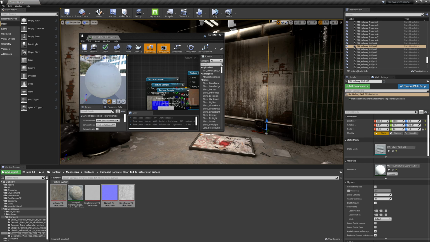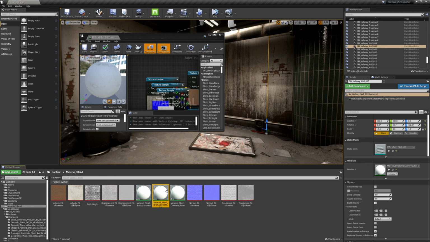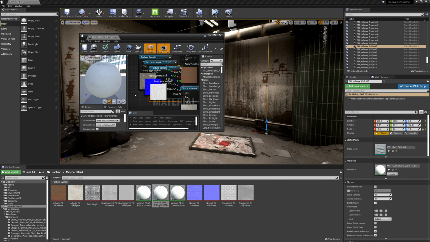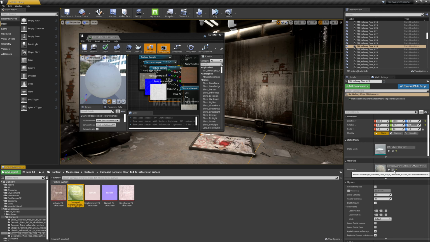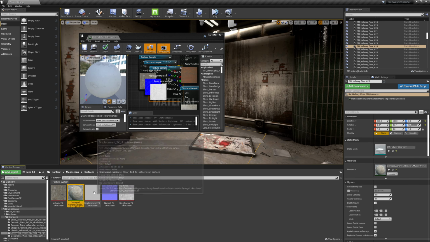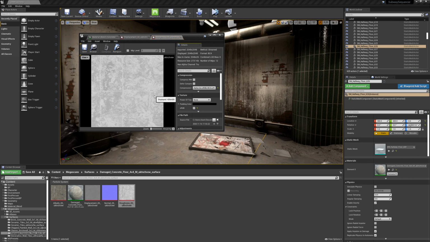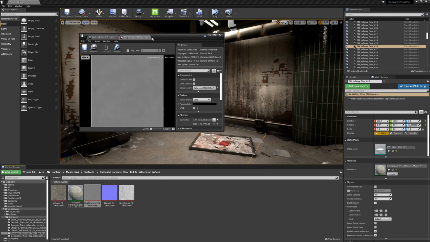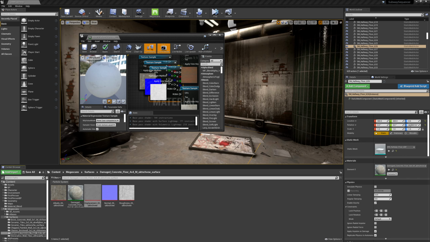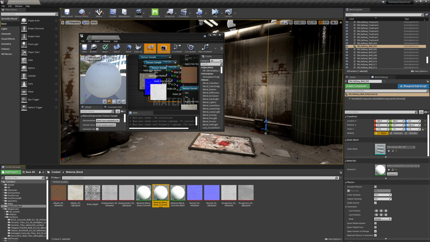Then I'm going to click on the mesh and then click on the magnifying glass and go back to this material folder. We also want to get, I believe, our displacement. So let me go back. Let me take a look at the displacement, roughness. Okay, we're gonna do something with our displacement, but not yet. We'll save that for a little bit further down the line. Okay, so let's go back to this material,